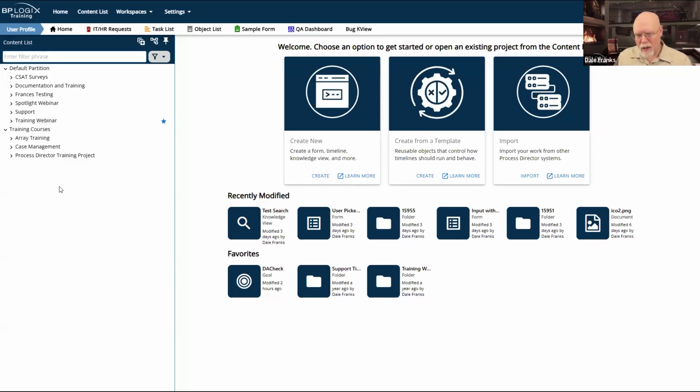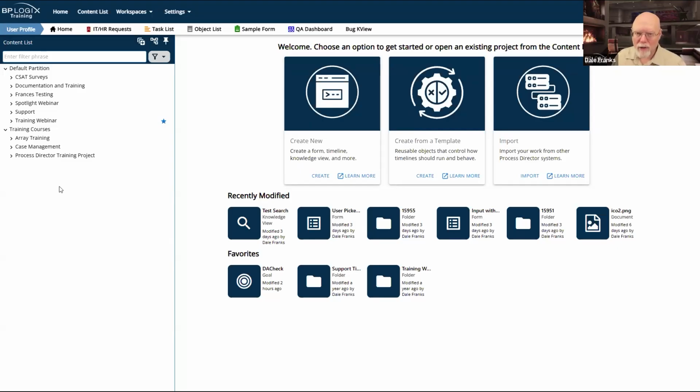If you're an on-premise customer, however, and you only have one server license and it's really your production server, that might be a case where you would have multiple partitions. You might have a development partition where you do all of your development work, and then you can export from the development partition and import your finished work into the production partition. That's not great. It's not optimal, but it can be done.